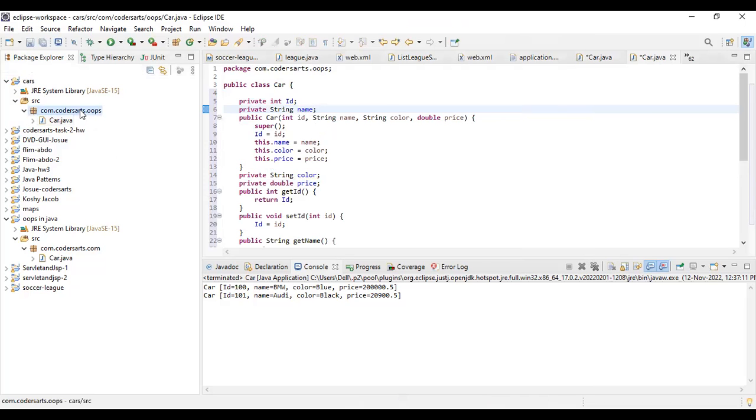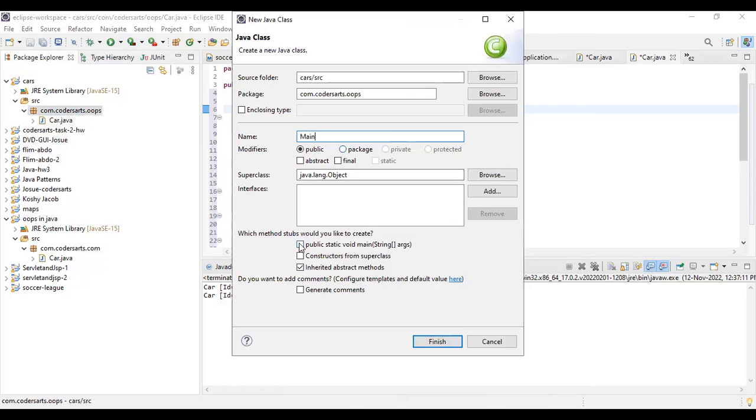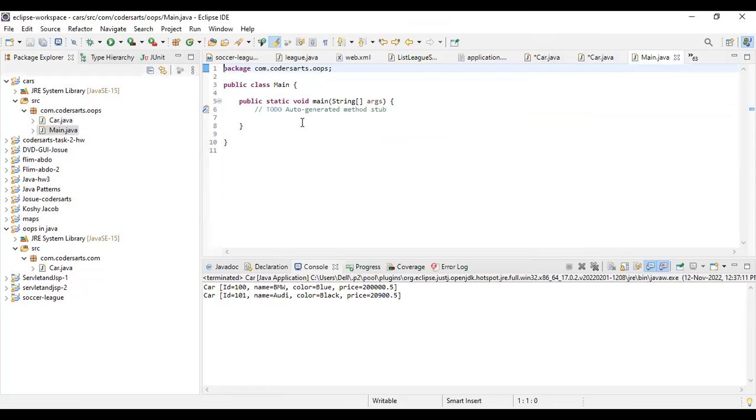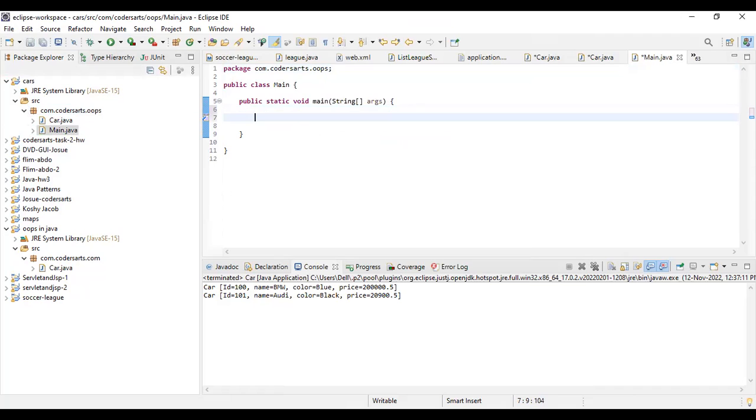Let's create a class that has the main method and name that as main. Now into this, if we want to create an Audi car, all that we have to do is create the object of this car, because car is the category and Audi car falls into this class car. Car is the category and Audi is an item that falls into the category car. So to do that, we will create an object, and the creation of the object happens like this. So let's say Audi is the car, new,